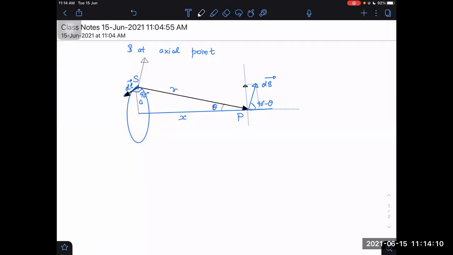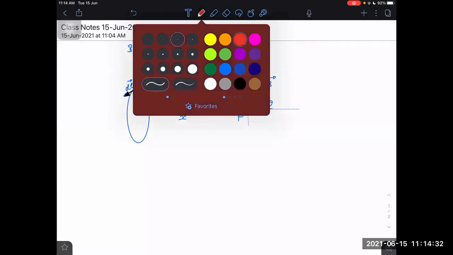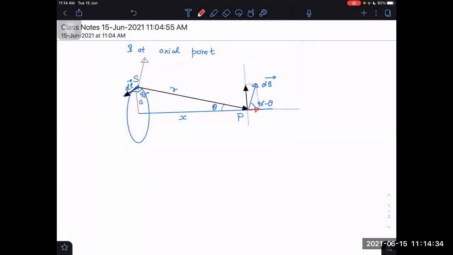So these vertical components will be cancelled out. You know that or not? Yes, sir. Downward and upward will get cancelled. Which will not cancel? Horizontal component. If I take the horizontal component here along X, it will be added. The horizontal component will not cancel. Therefore, I should take just dBx first, if this is the x-axis.